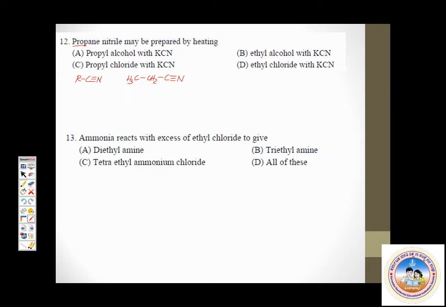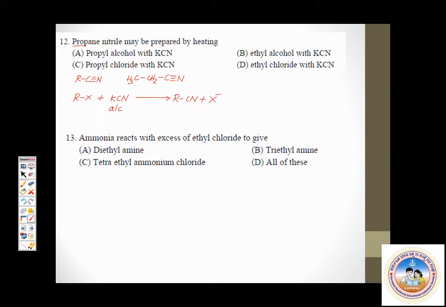We all are familiar with this reaction, nucleophilic substitution reaction of haloalkane, wherein haloalkane RX is made to react with potassium cyanide, alcoholic potassium cyanide solution. Alcoholic potassium cyanide dissolved in alcohol. Cyanide ion acts as nucleophile and displaces or replaces halogen. So you get RCN. Very simple reaction. And X comes out as X minus, halide ion, leaving group. So now using this as the idea, let's try to figure out how one can prepare propane nitrile.